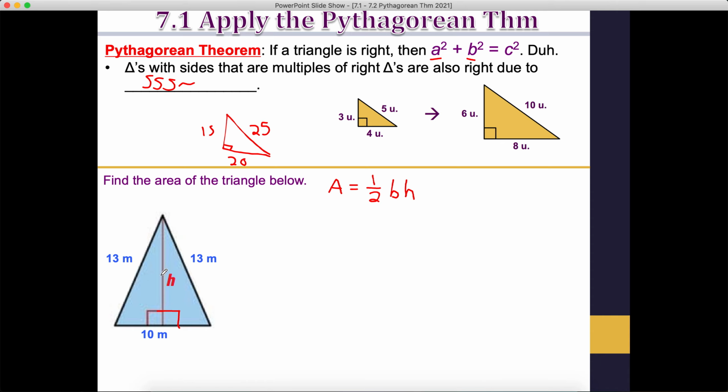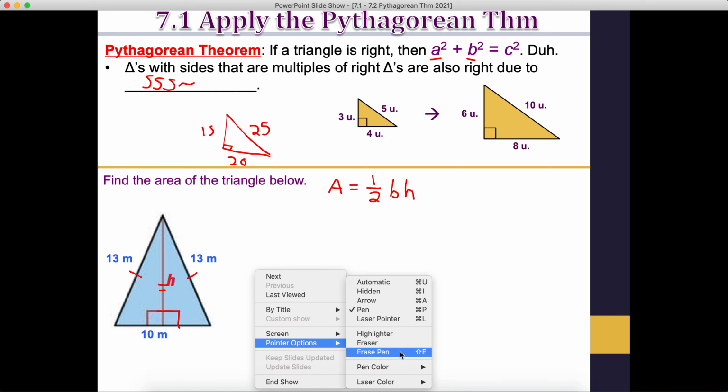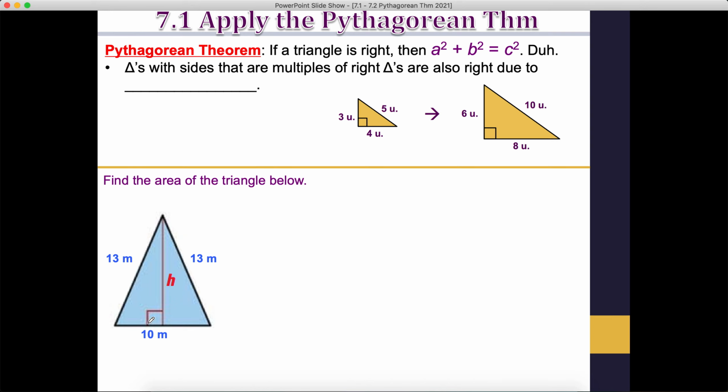What maybe isn't super obvious is acknowledging that this left triangle and the rightmost triangle, the two halves of the thing, are congruent. This is only going to be the case when the triangle is isosceles, by the way, because I could say that these are congruent via HL. These are both 13. This is congruent to itself. We got right angles, so ta-da! Hypotenuse leg says that these two triangles are congruent. That is particularly useful for us because it allows us to break this base up into 5 and 5. Then I could look at either half of these,